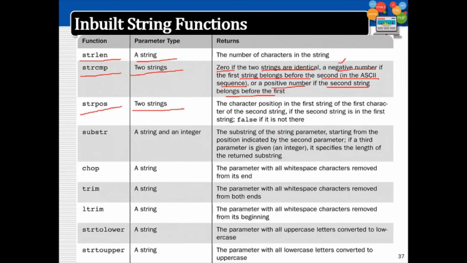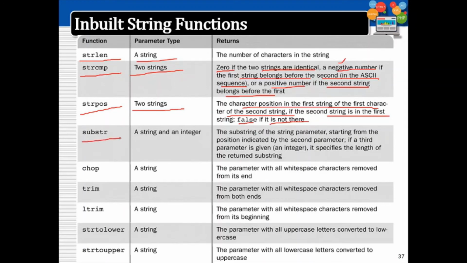So it returns the character position in the first string of the first character of the second string. If the second string is in the first string, it will return the position. If the second string is not in the first string, it will return the false value. First, I'll show the example.